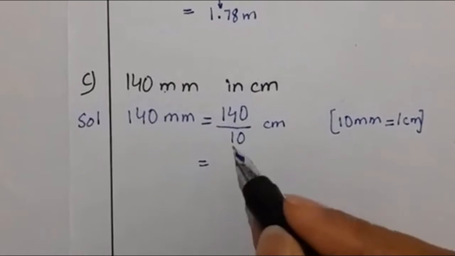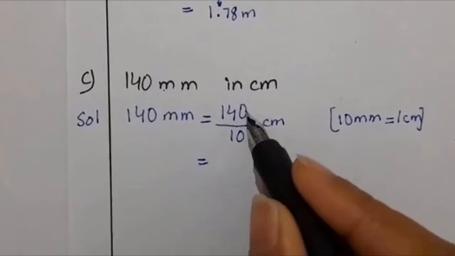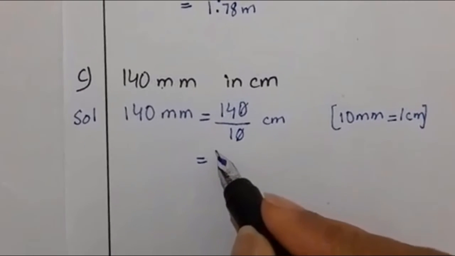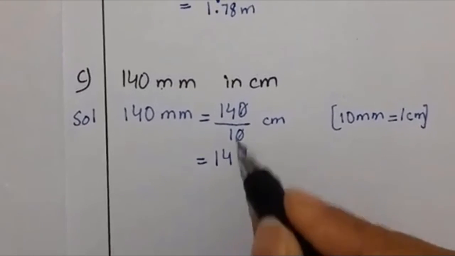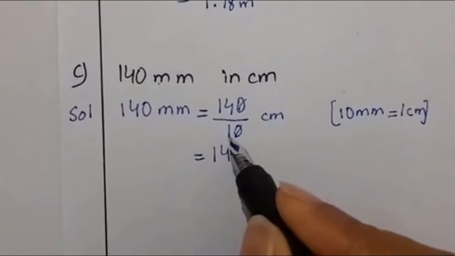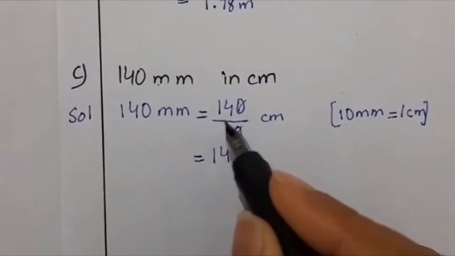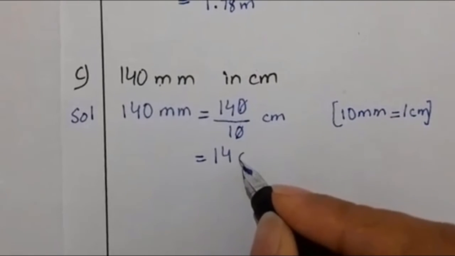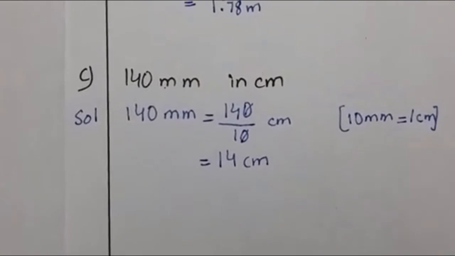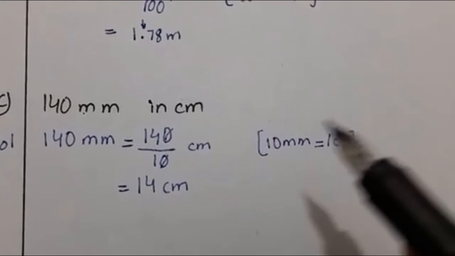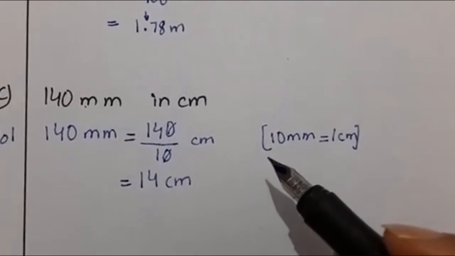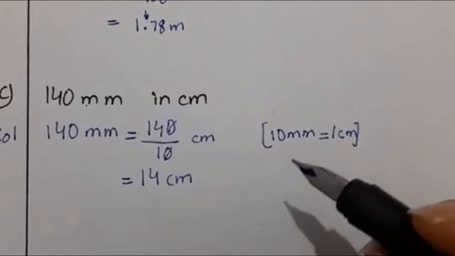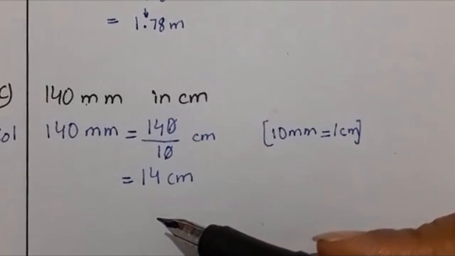So now when I divide it by this, you can see 0 will get cancelled, and it will be 14 over 1, okay? And you know, when there is 1 in the denominator, the answer is only the numerator. So 14 centimeters is our answer. After doing the activity, boys, let's move toward our exercise 5A. We have revised our concept. Now you know how to convert the smaller unit into bigger.